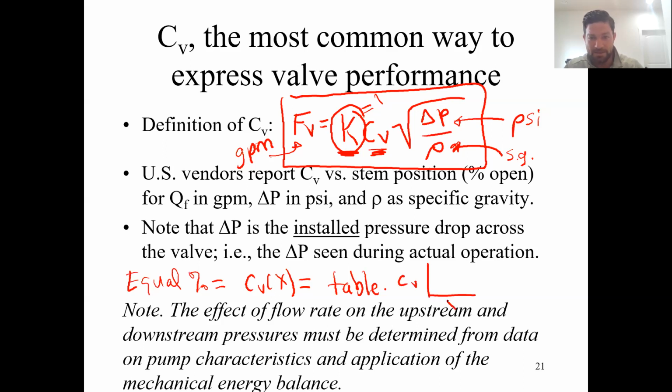So if we look at CV as a function of X for an equal percentage valve, when X is equal to 0, CV is 0. When X is equal to 100, CV equals CV max, right? So I know I have these two points on here, but an equal percentage valve is going to have a shape